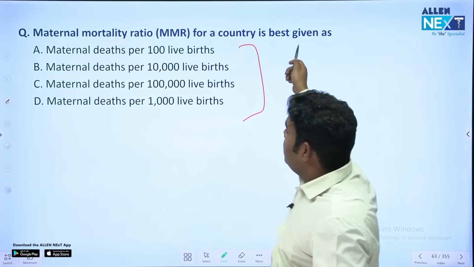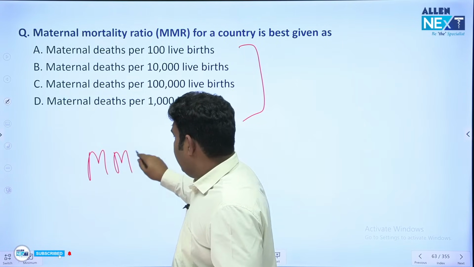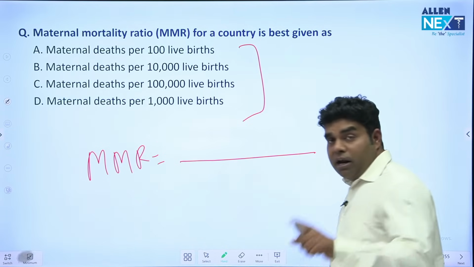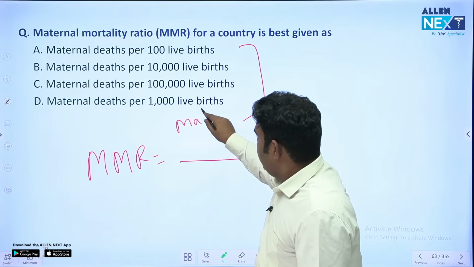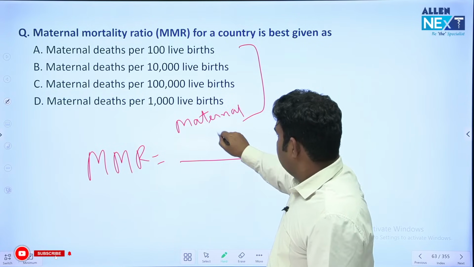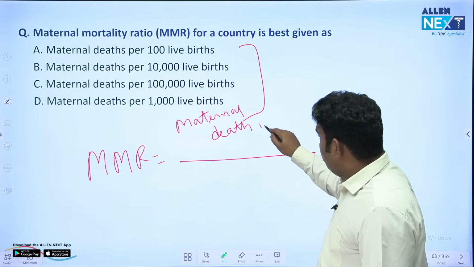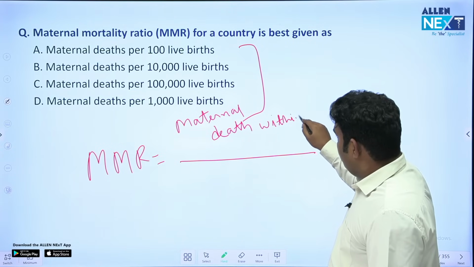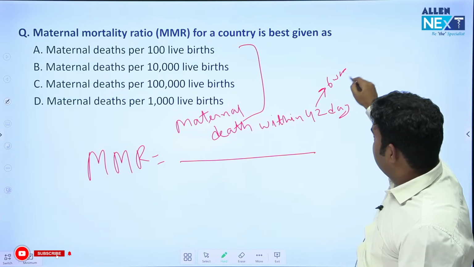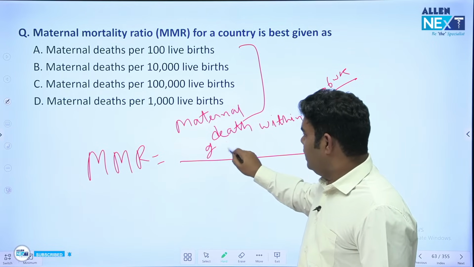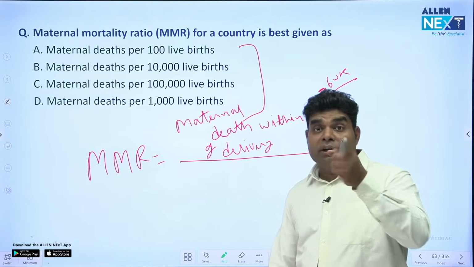Maternal mortality ratio for a country is given. What is the best answer out of the 4? Can you give the answer? So the definition of MMR is being asked 3 times. We should focus here. MMR means simply maternal death. Maternal death within how many days? Within 42 days of delivery. This is what they can ask. Within 6 weeks. 42 days of delivery, and they should die due to delivery related causes,